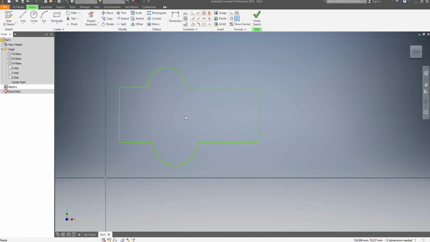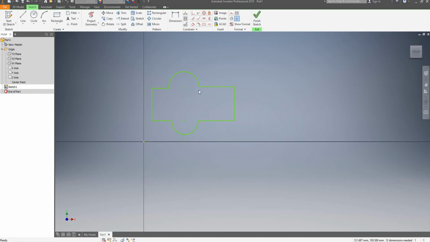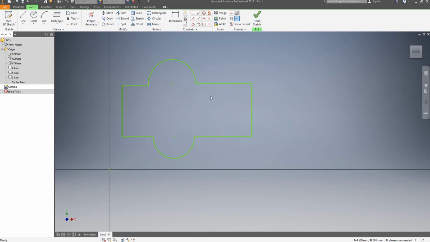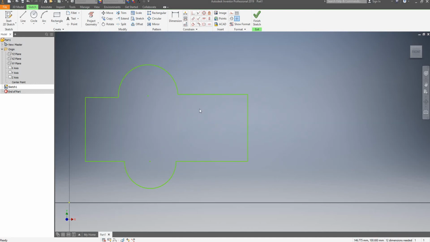Okay, so let's have a look at this. Let's have a play with these constraints. Constraints are useful because you can fully define a sketch that will allow you to modify it after in certain directions that you wish. So first thing we probably want to do is,